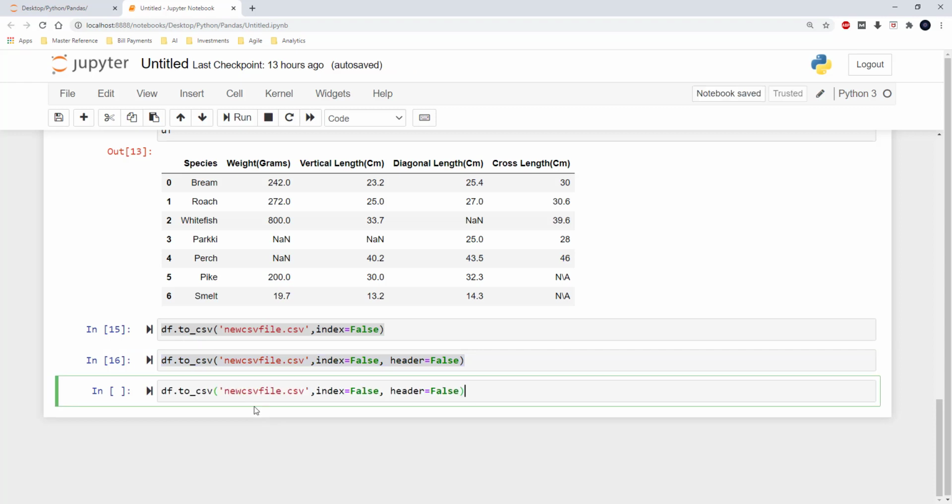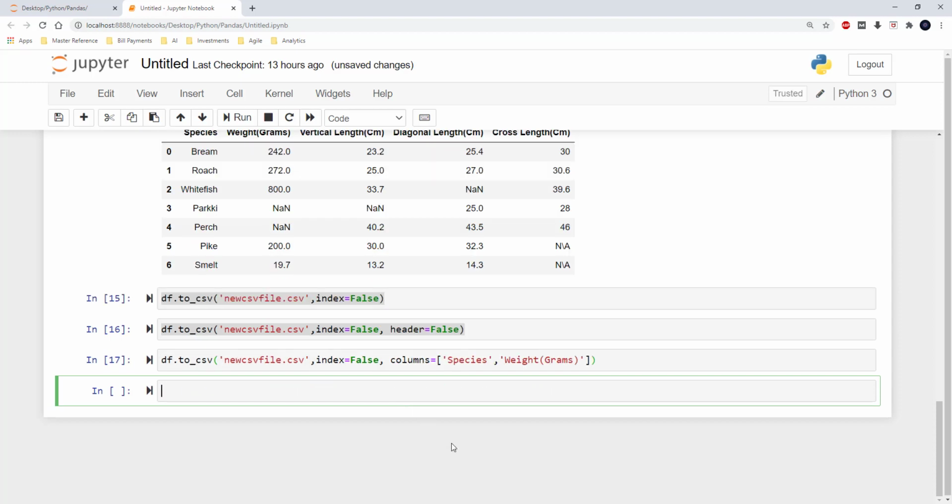So I'll just use this same line, and then instead of header equal to false, I can just mention the columns attribute, and within the columns attribute I can give the name of the columns that need to be copied to the new CSV file. So I just wanted the species, and then I also want the weight in grams. So I'm fine with these two columns to be created in the new CSV file.